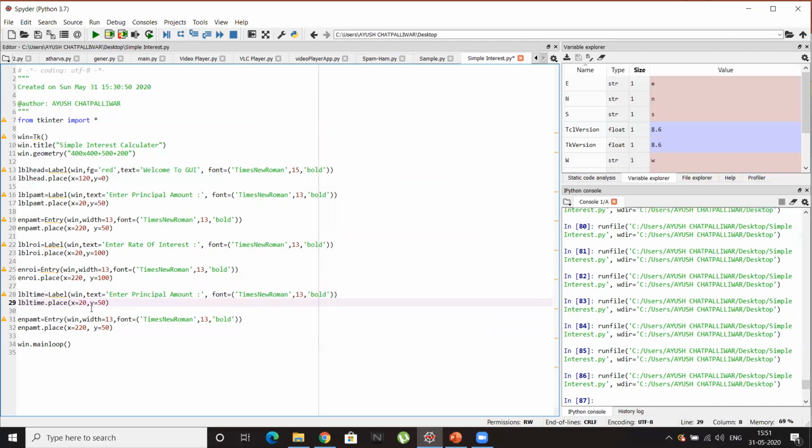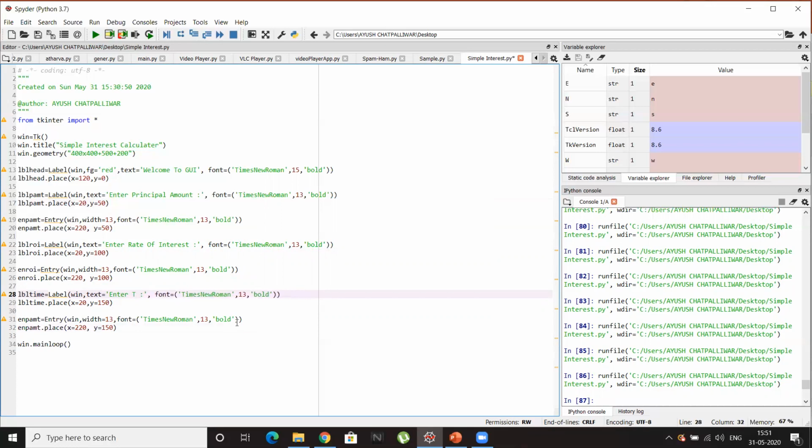X will be the same, 20. For Y, here it was 50, here it was 100, so now I think 150 will be okay. A gap of 50 for every label. And similarly here X 220 is okay and Y will be similar to this, so 150.